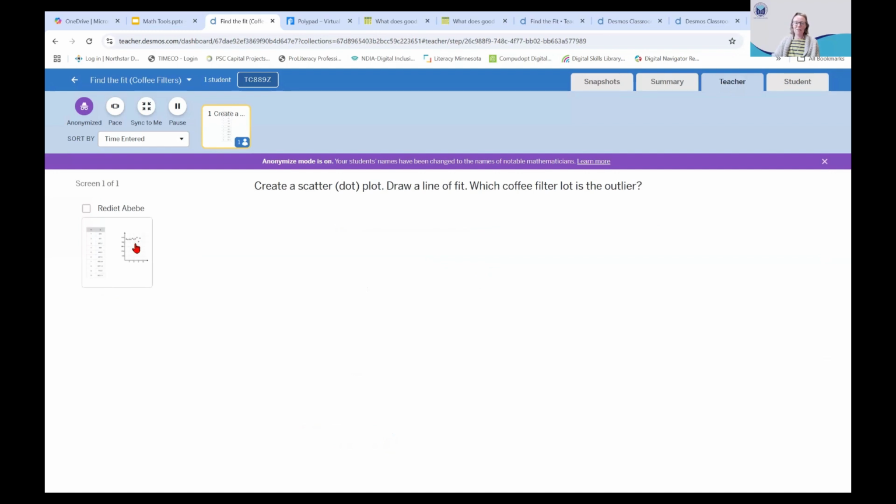All right, and I can see that I have a student who's joined, who's created that scatter plot and is working on drawing the line of fit. I think I'll pause this lesson here. It might be helpful